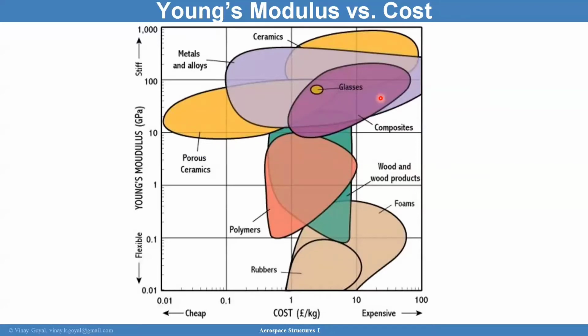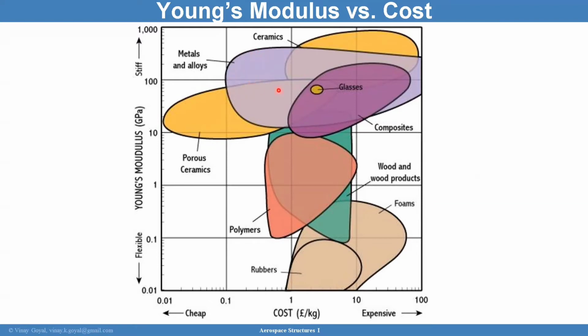And of course, these diagrams change over time. So this is only an idea of what's going on with the different stiffness and the cost that you're going to encounter. And so what I want to make sure you understand is that you don't want to use this chart as is. You want to get a little more information. But the bottom line here, you can see the metal alloys are giving you quite a bit of cost, but they give you great